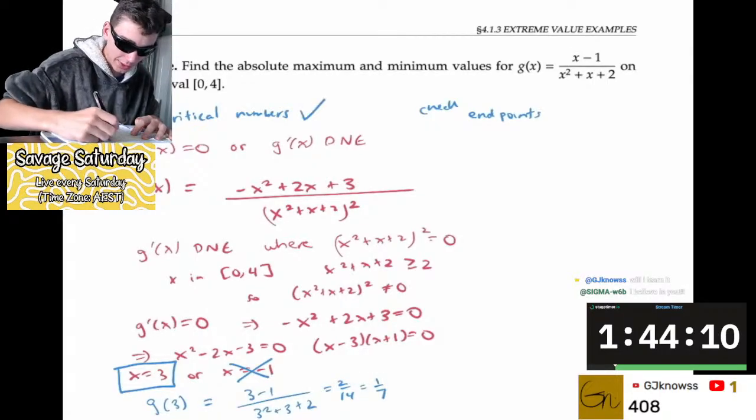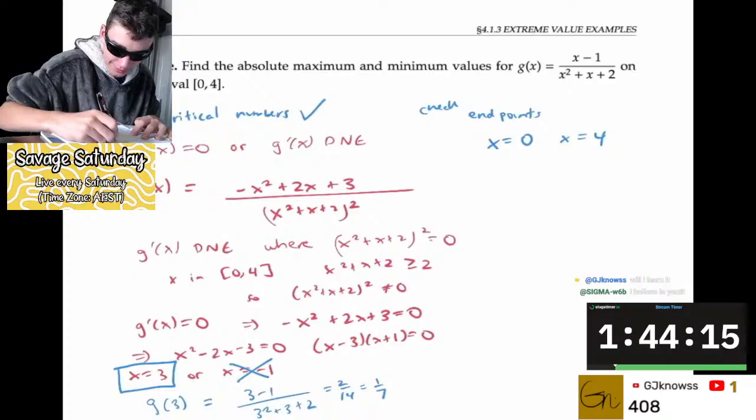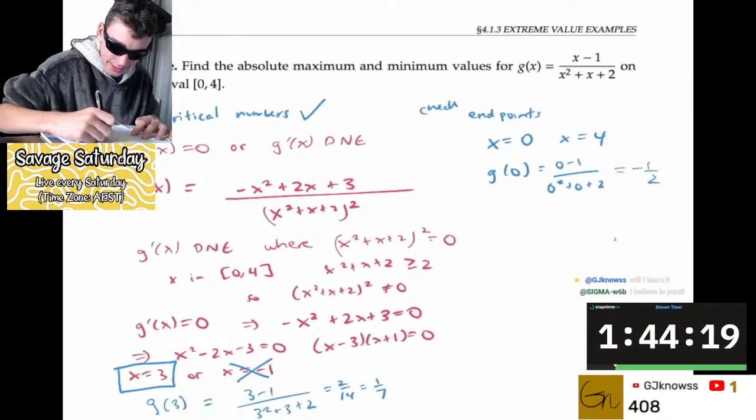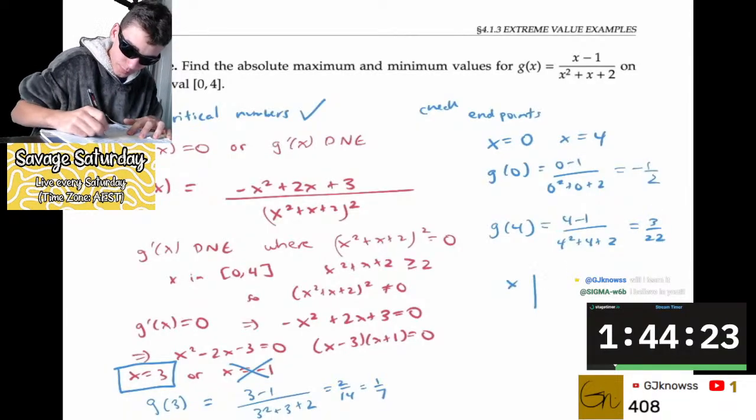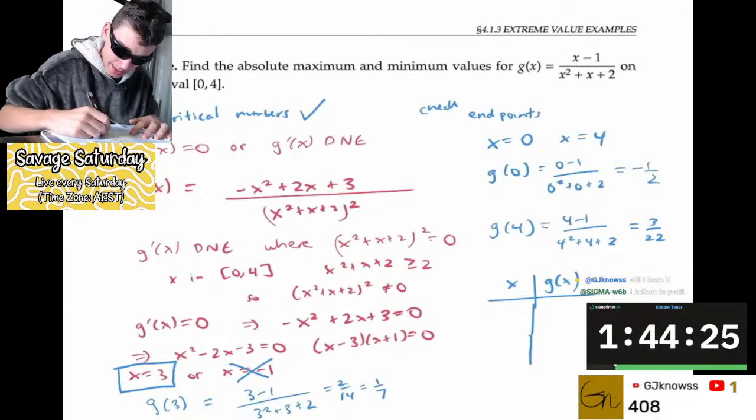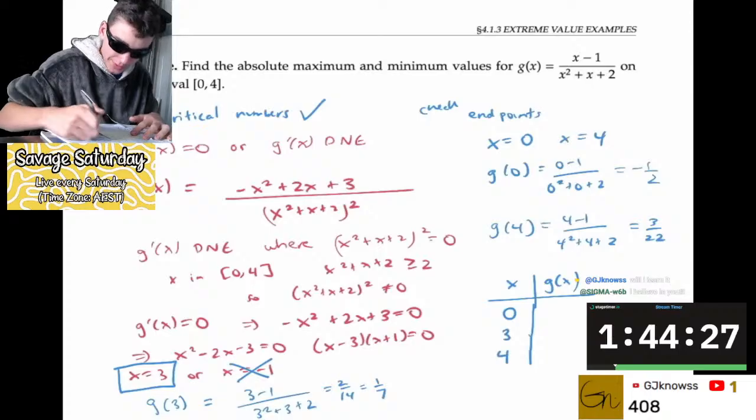So we've checked the critical numbers. Now let's go ahead and check the endpoints. Those are the x values of 0 and 4, since our interval is from 0 to 4. Plugging in, we get that g of 0 is negative 1/2, and g of 4 is 3/22. I sometimes like to make a table of all these candidate values. The candidate x values are 0, 3, and 4, and the corresponding g of x values